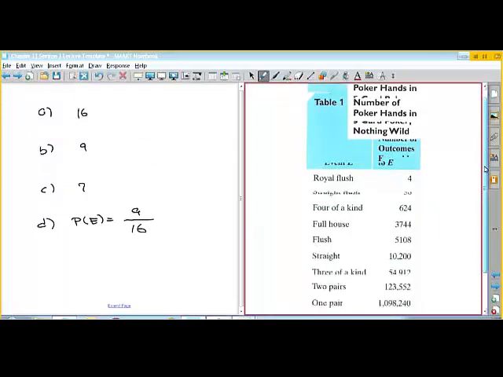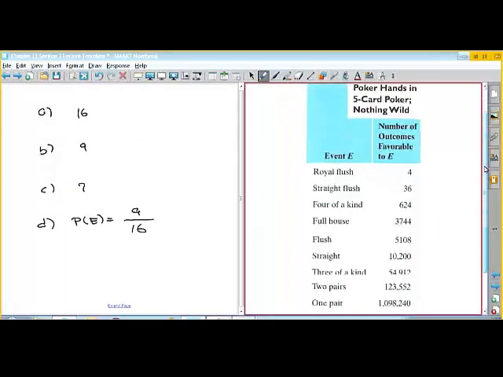Okay, this is a table that's in your book, so don't try to write it out. And we looked at this the other day, but this is a little different. So what they're doing is, if you had a 5-card hand of poker, and you have a deck of 52 cards, and you randomly pick 5 cards, deal 5 cards, to figure out the probability of getting each type of hand,